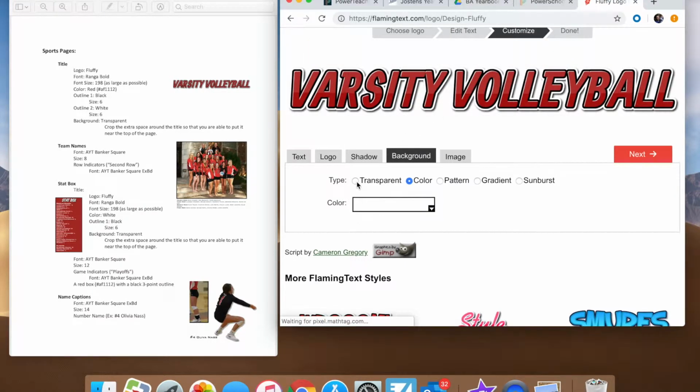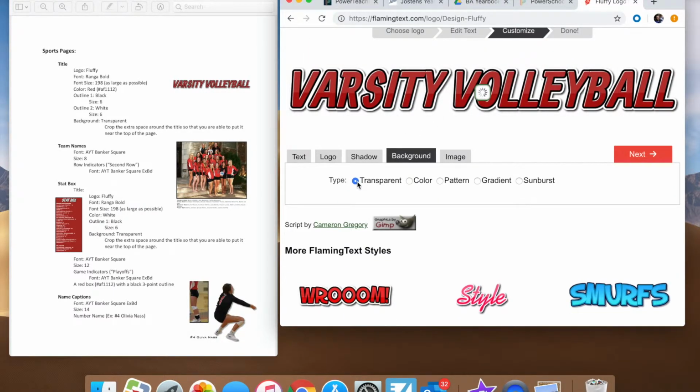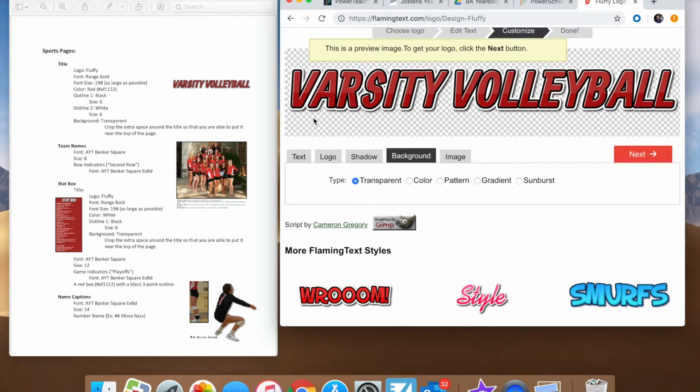So you're going to click on transparent. And when you click on that, it's going to put it like this. And that means that you can actually put fonts and pictures right up here. And all of this is going to be not visible when you put that onto your yearbook page. So now that you have that completed, what you're going to do next is press next,